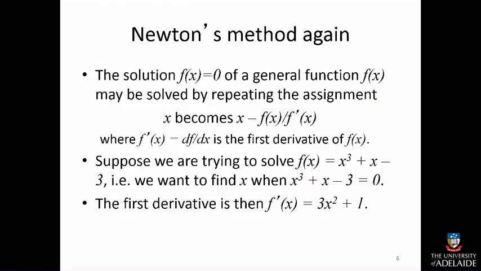Now we are back to Newton's method. And here, in the example, it says that the solution of f of x equals 0 of a general function may be solved by repeating the assignment, where x becomes x minus f of x divided by the derivative of x. So suppose we are trying to solve this equation,